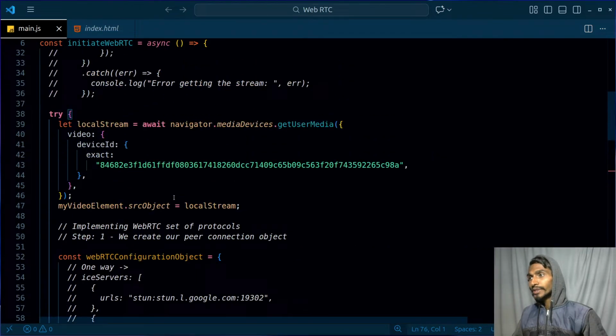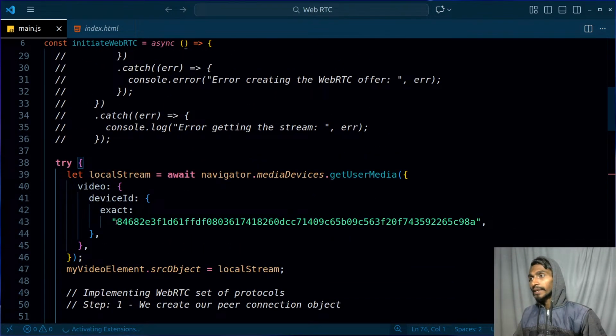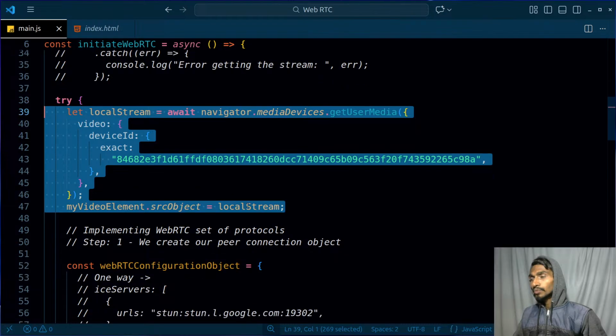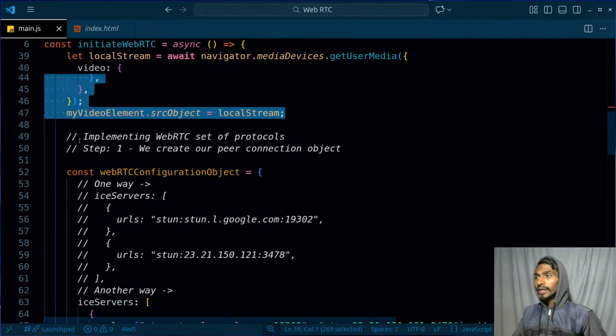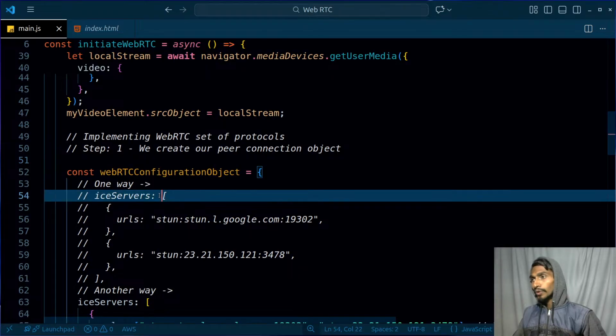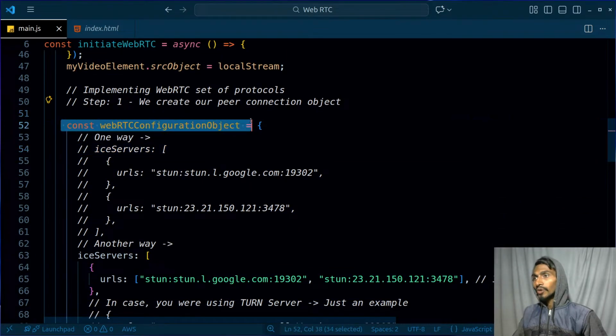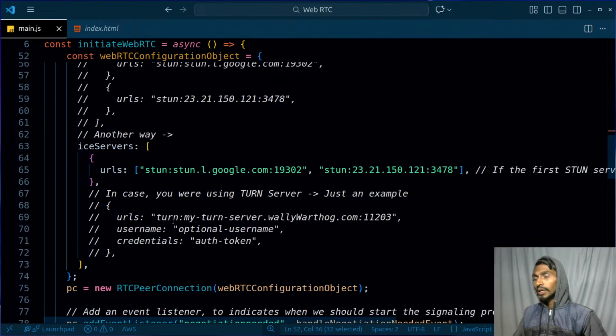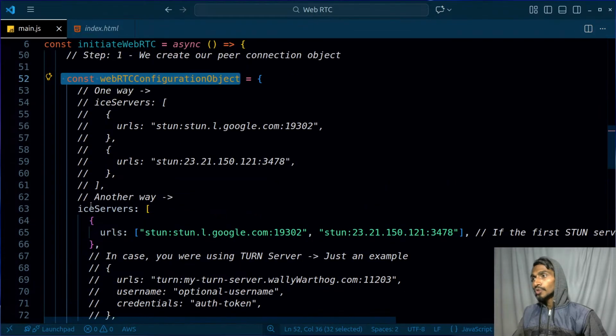So far we have actually done many things. One of those things is attaching the local stream. Once that is done, from here we are implementing WebRTC. There are some sets of protocols that we have to follow. First of all, the WebRTC configuration. This is gonna be the configuration, and when it comes to the configuration, so we are